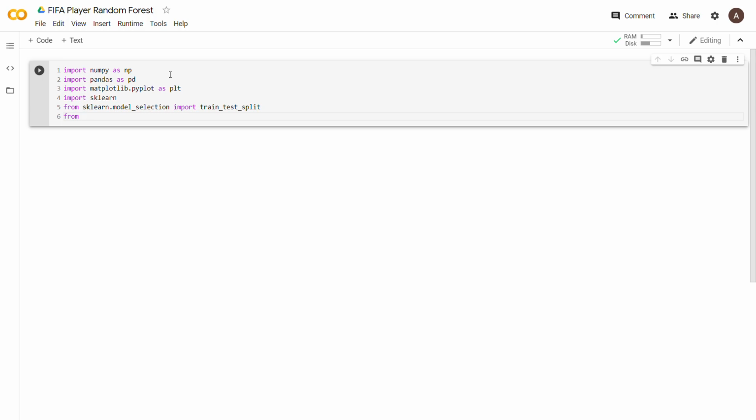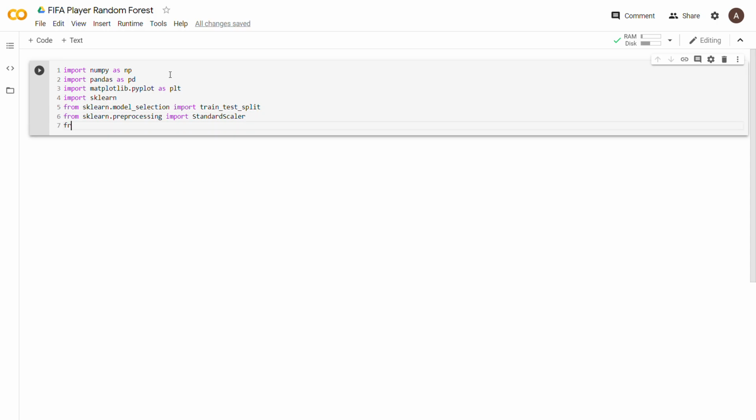Right, so now from sklearn.preprocessing import StandardScaler. Now, I feel like it would be better to explain this library a little later. So when we come to that, I'll go ahead and explain it. And we're going to say from sklearn.ensemble